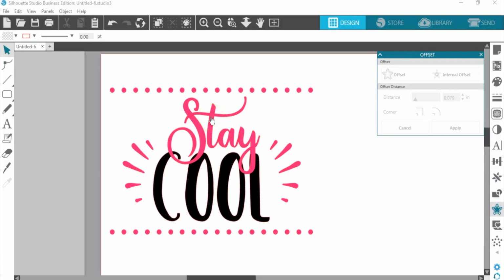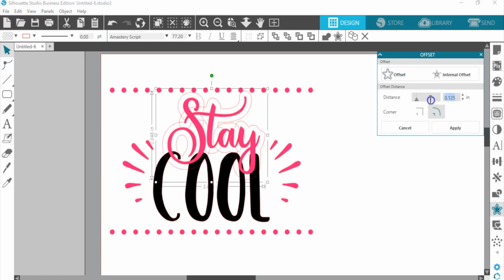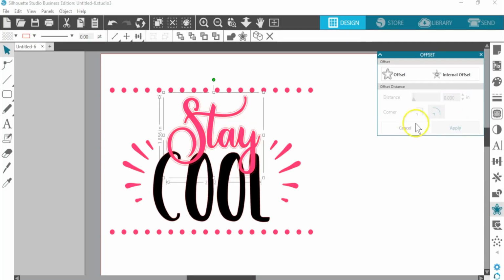I'm going to select the word stay, and I want to choose offset and put a distance of 0.030 and click apply. So I've got this skinny little outline around the stay, and I'm going to use that part to cut into this word below it.